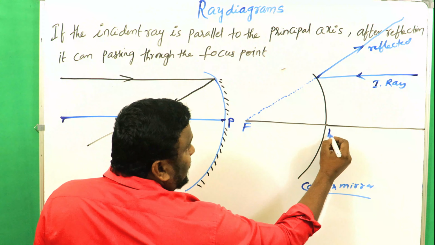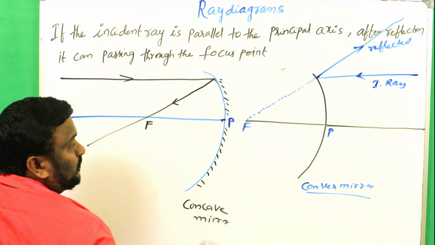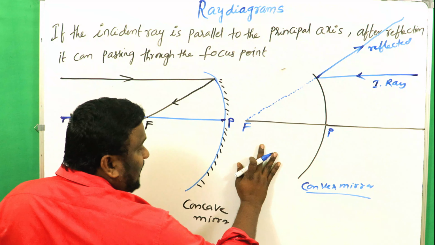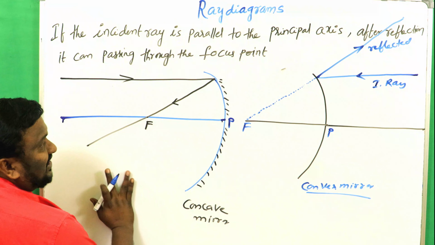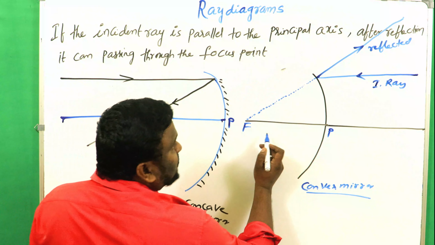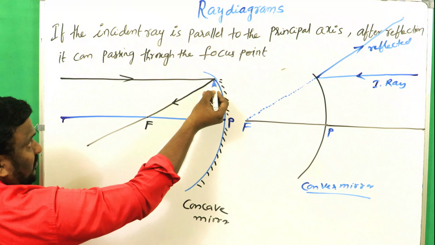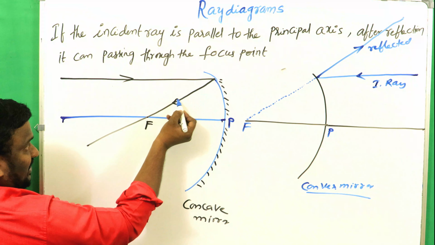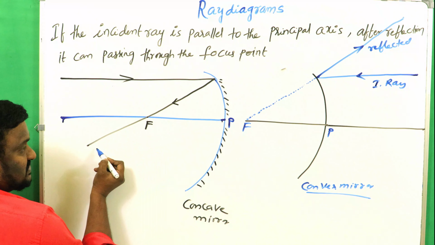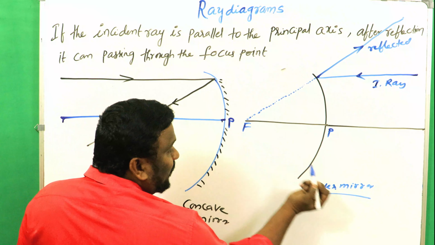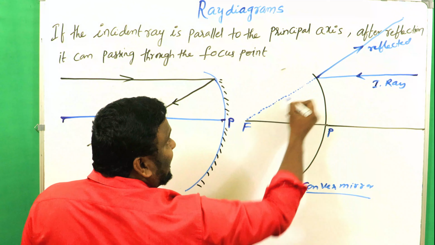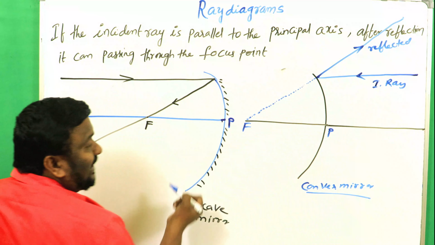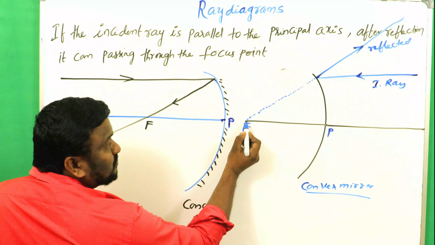That's why the convex mirror forms a virtual image and the concave mirror forms a real image. In the case of a concave mirror, the reflected ray directly passes through the focus, but in the case of a convex mirror the reflected ray has to be extended back, and only then does it seem to be